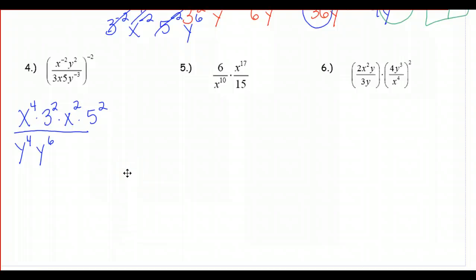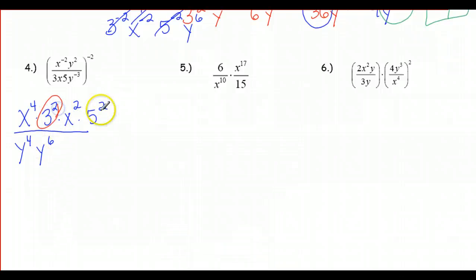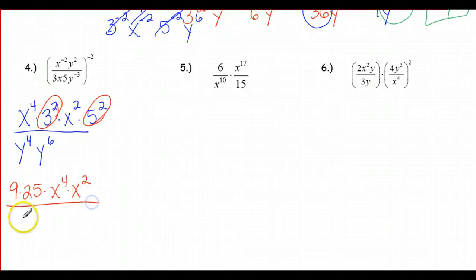So now I'm going to simplify my 3 squared and 5 squared, and we're going to get 9 and 25. So I'm going to put those at the front, 9 times 25. And then I've got times x to the 4th times x squared, all over y to the 4th times y to the 6th. Alright, now I'm going to multiply my 9 times 25, but I'm also going